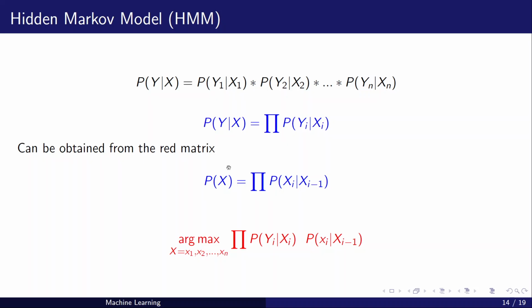In a hidden Markov model, what we would like to find out is p of x given y. For p of x given y, there is no direct way to compute. So what we do is find the x which maximizes this product. This is directly available, and by executing this you can get an x which maximizes this product, and that x will be your corresponding hidden state sequence.